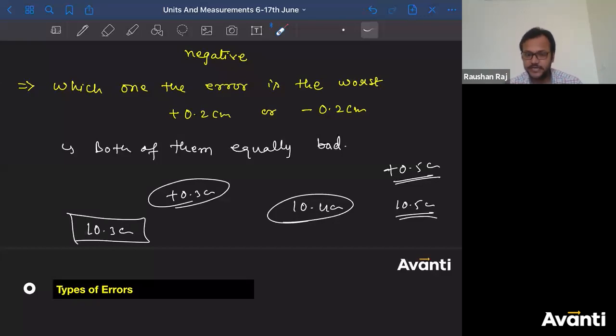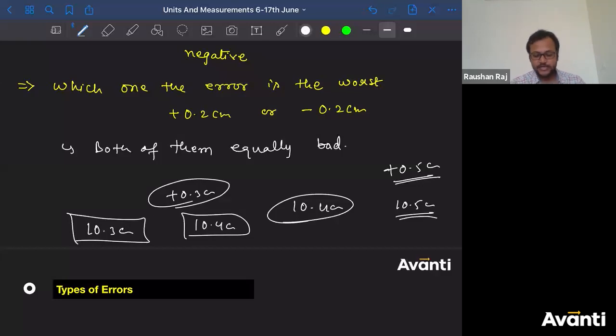Now just imagine a condition where he took that 10 centimeter rod, which is supposed to have a maximum error of 0.3 centimeter, but actually what is the maximum error? It can go till 0.5 centimeter, but you quoted that the maximum error can be 0.3 only. So when he goes home and tries to fit it in the device, he will think, okay, now this is not fitting in the device. That means the length of the rod is more than 10.3. That means 10.4 centimeter. Let us say he has got 10.4 centimeter.